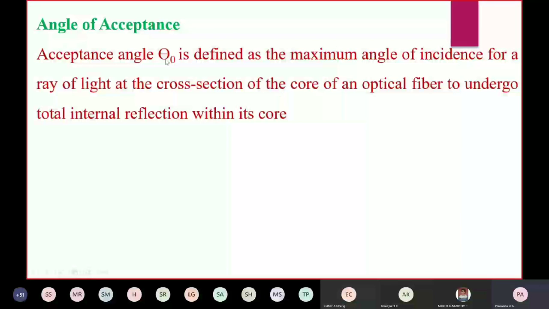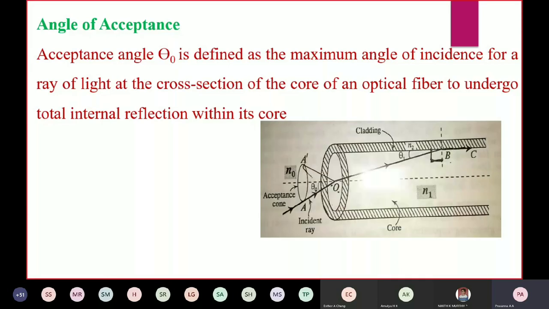Here I want to tell you about the angle of acceptance. When light is made to enter the optical fiber, is it possible for every part of the light to pass through it? That's what we need to understand. That is not possible. For example, if 100 rays of light are made to be incident upon the cross section of the optical fiber, this internal part is the core and the shaded part is the clad or the cladding.